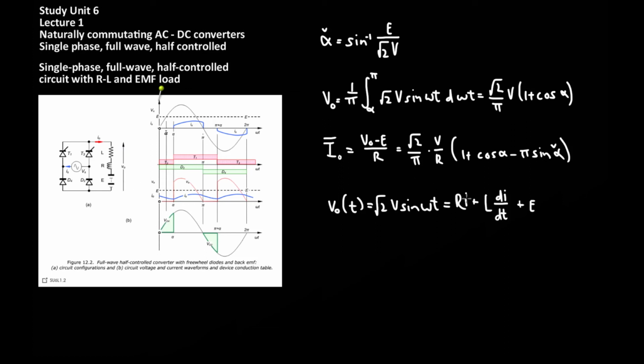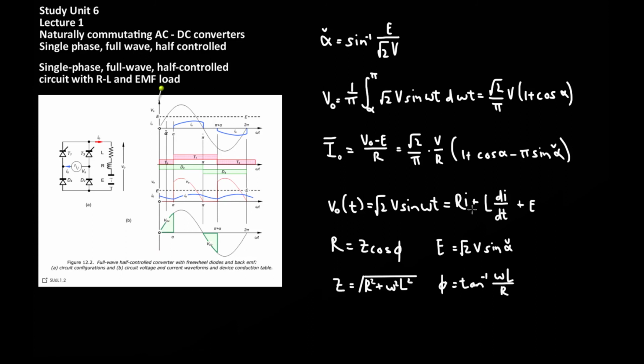For the resistor, it's simply the resistance multiplied by the current. For the inductor, it is the change in current with time plus whatever the back EMF is. So solving for the output current as a function of time requires solving this differential equation. What is assumed is what's called continuous current conduction, and for this assumption, R is equal to Z cos phi, the back EMF is root 2 V sine alpha hat,